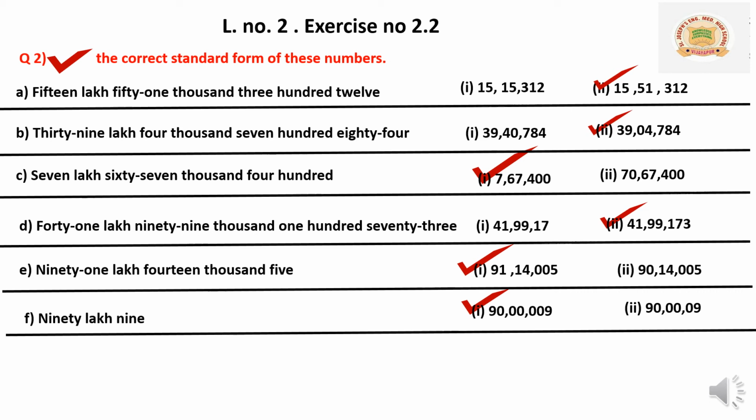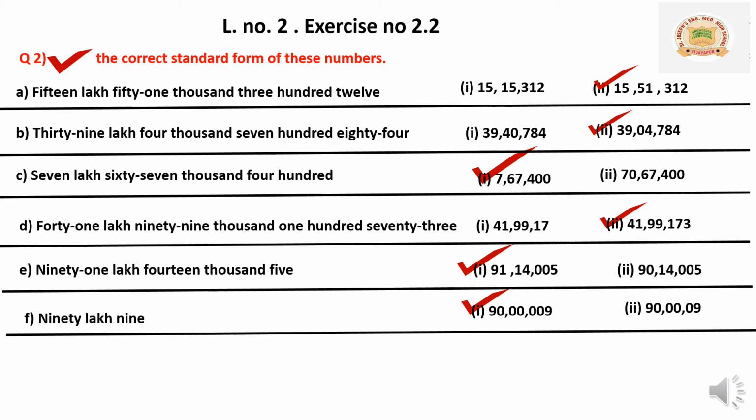So these are the questions given in question number 2. Now children, in your classwork also, how to write this question? You have to write the question on the line, and below that question write these 2 options, and for the correct option you have to mark a right mark darkly. See, as I am showing in the video, like this only you have to mark darkly. Why am I insisting you darkly? So that I can see your photocopy in the mobile clearly. So today we have completed exercise number 2.2.